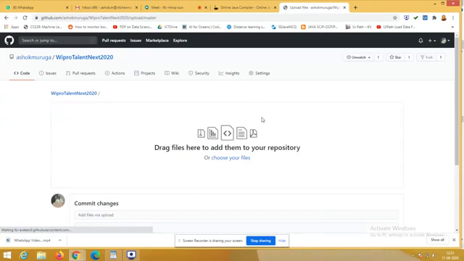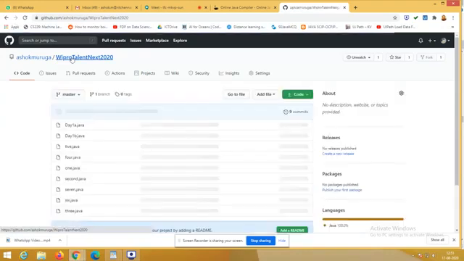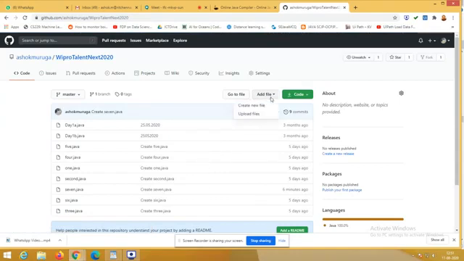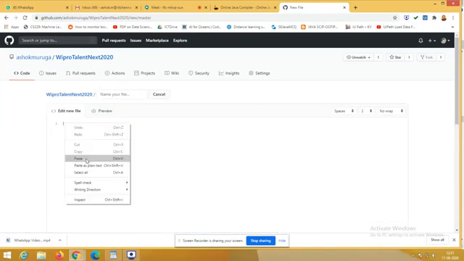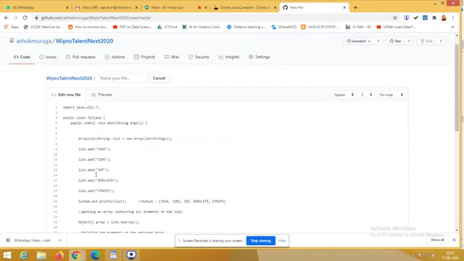Right, so this is our 8th program. Add file. We have to create a new file, not upload. While I'm going to save the program, I have to save with the corresponding extension. Then only it will reflect in the main repository page that you have these codes in your repository, 8.java.